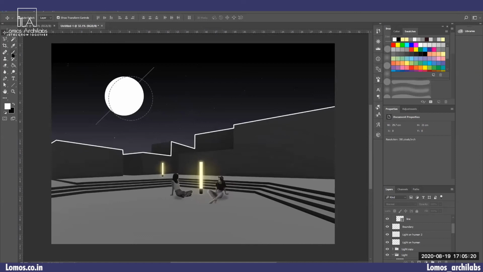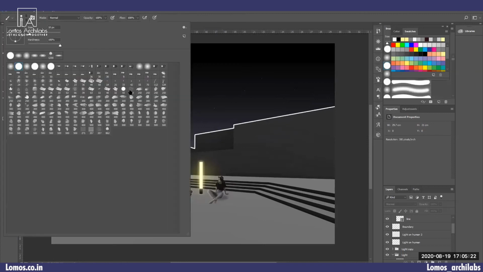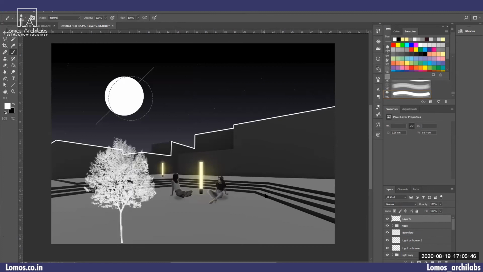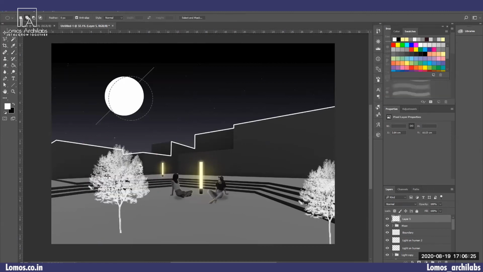So I'll click on my brush, and this is my latest brush which I have created with the silhouette of a tree. These are the trees which I wanted to create.